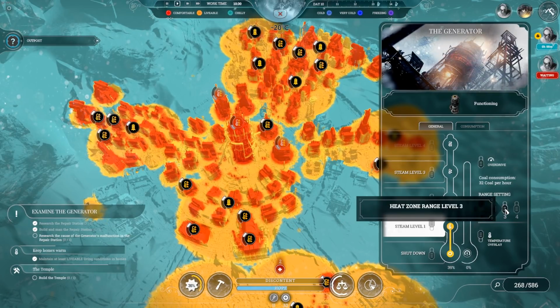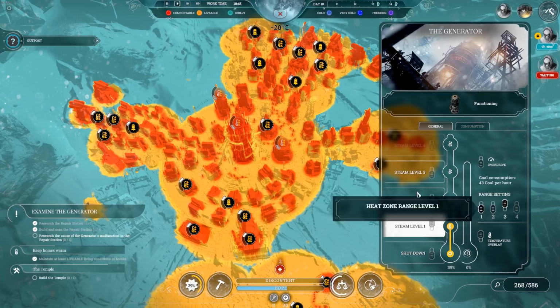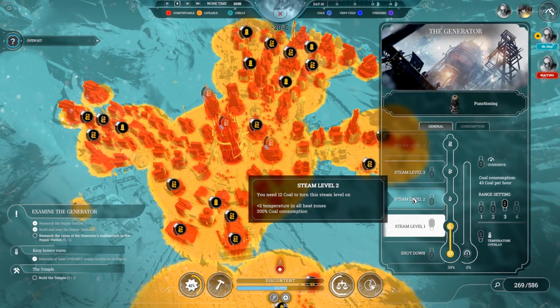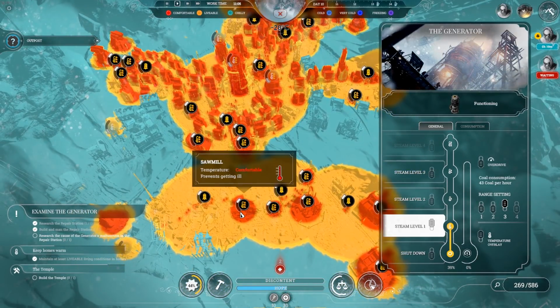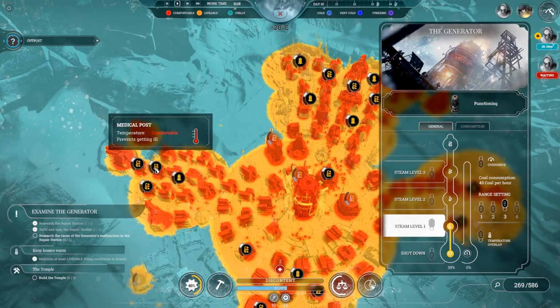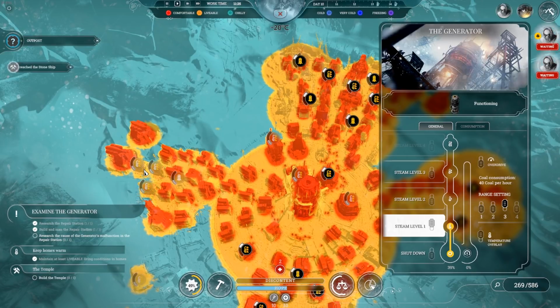Yeah, it doesn't actually make much difference, does it? But I don't think it affects the coal level at all for the ranges. So we might as well do it and just keep those last few buildings a little bit toasty. But if that +2 temp in every zone, we'll maybe use that next time, because these sawmills were going pretty chilly. So I reckon we can probably knock all these down to...